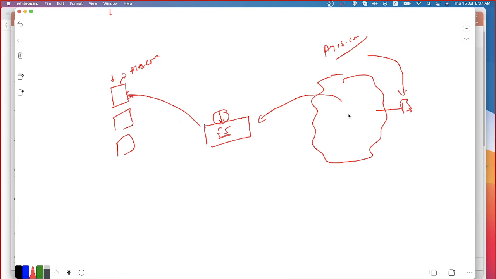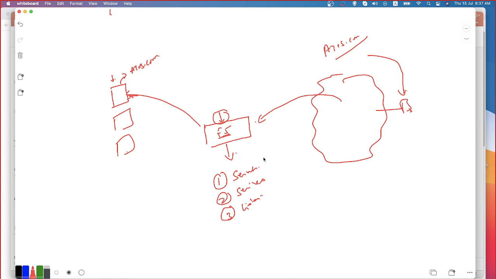So the request is coming from the external world. Now the FI receives it, and the received traffic is going to be forwarded to one of the servers. So the FI needs to know a couple of pieces of information. What is that? Which are all the servers I have, what are all the services for which I would like to distribute the load, and what is the listening IP. That means to which IP I might be receiving the traffic from the external world, to which of the services I need to forward. So what are all the services I'm managing, and where those services are running. You understand the logic?